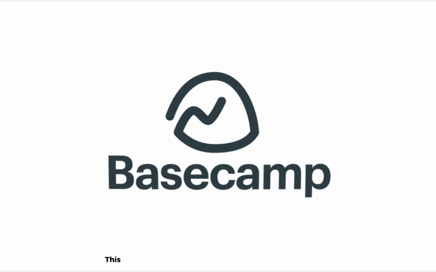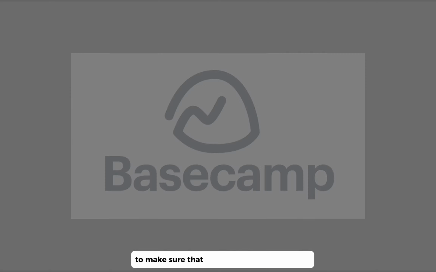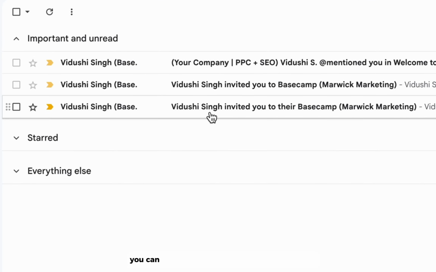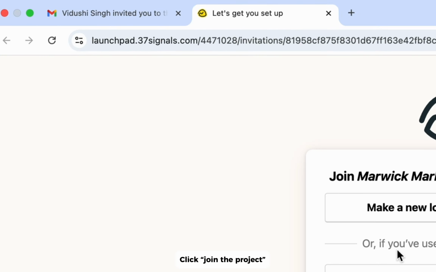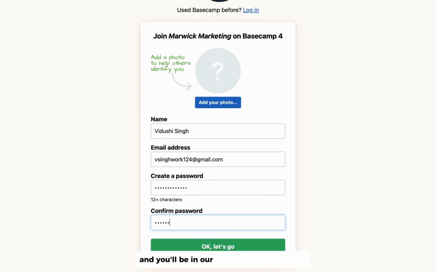Welcome to Basecamp. This project management software is what we use at Marwick to make sure that everything stays organized. In order to accept your invitation, you can click on the email invite from Basecamp in your inbox. Click Join the Project and you'll be able to set your name and password, and you'll be in our project